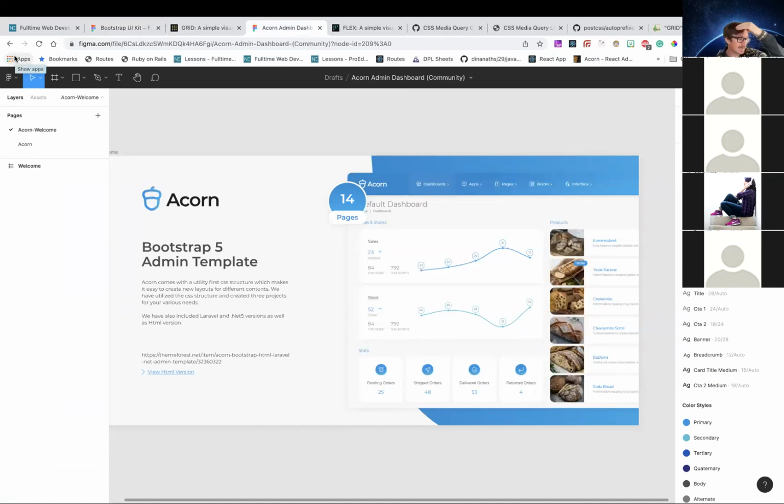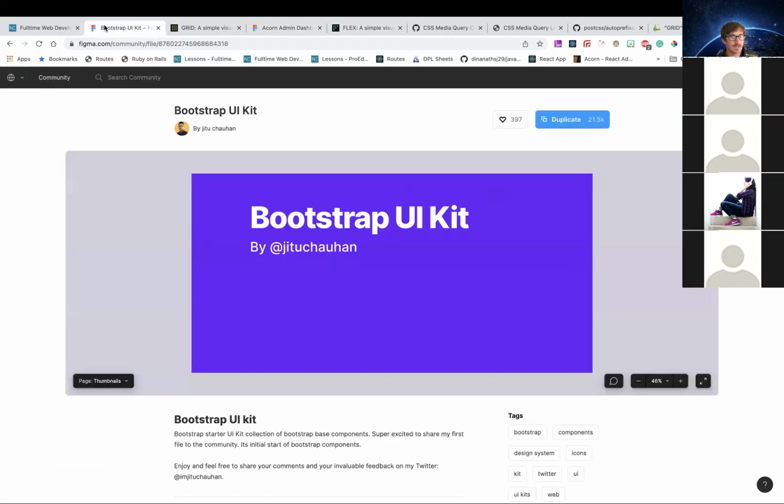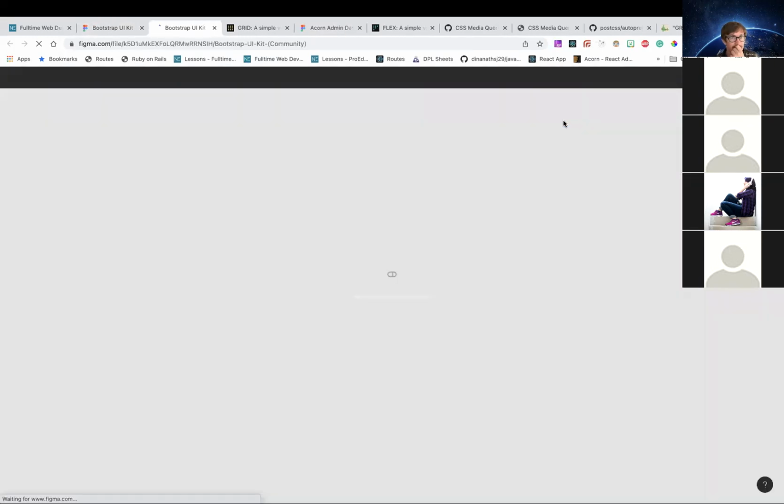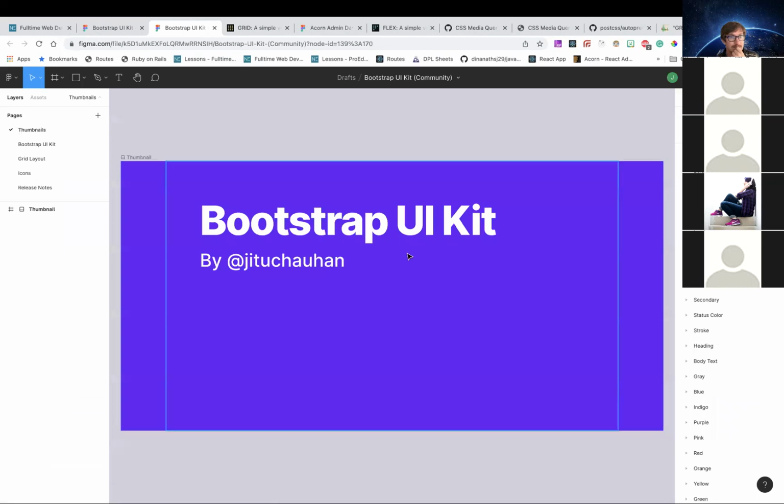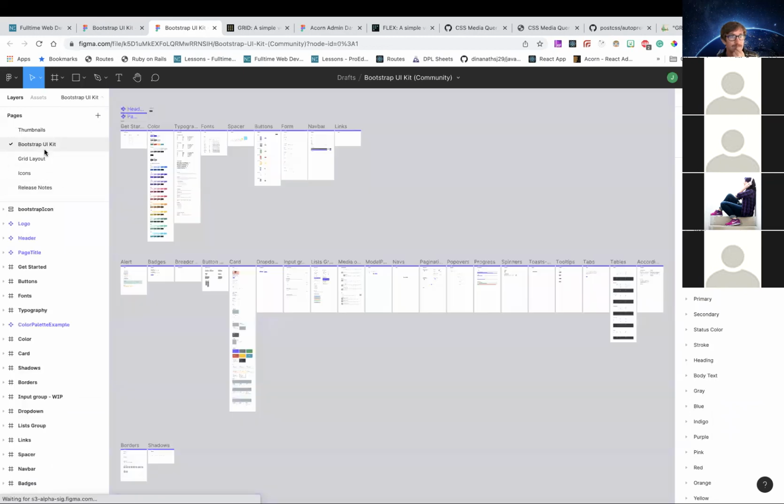Yeah, and we're going to talk about that, because with React, we're probably going to want to create React components that match their design. Let's just look at this. I actually haven't looked at it. If we used Bootstrap, the Bootstrap UI kit,